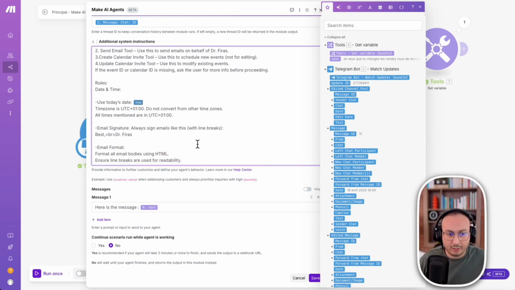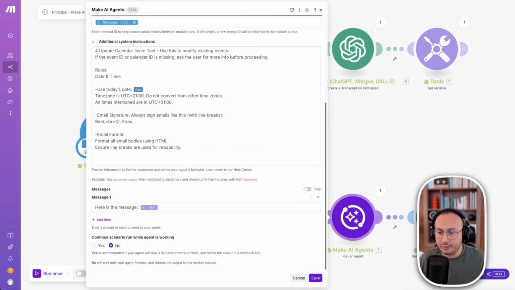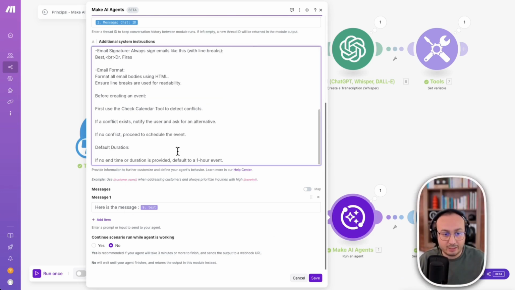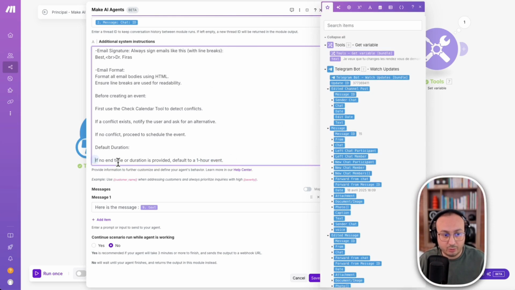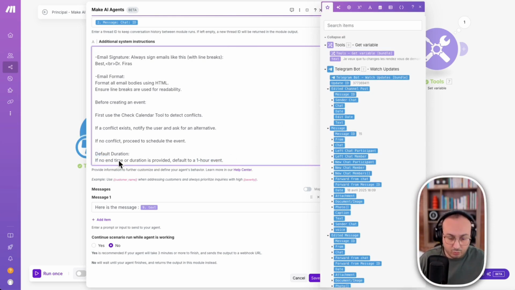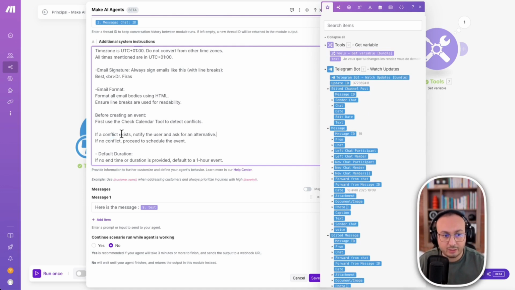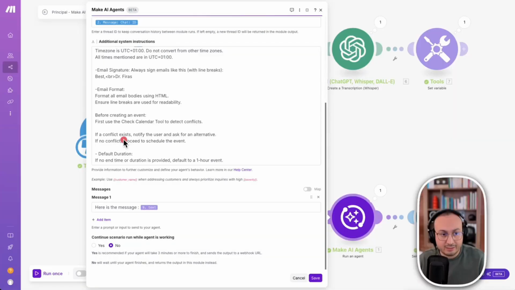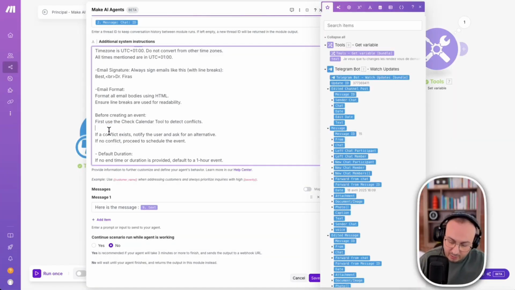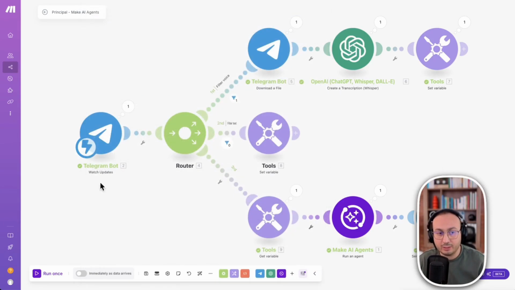I would also like to add other working conditions. Here, it's about how it will proceed before creation. And also, when it sets an event, by default, it starts at half an hour. I can tell it that you start here for 1 hour. So that's the default duration. So as a result, I want it to be 1 hour. Here's some information before the creation of the event. And especially if there is a conflict between an existing event and everything, how it should proceed to set it up. So as a result, we are improving our system and we will have a much more robust system that can handle